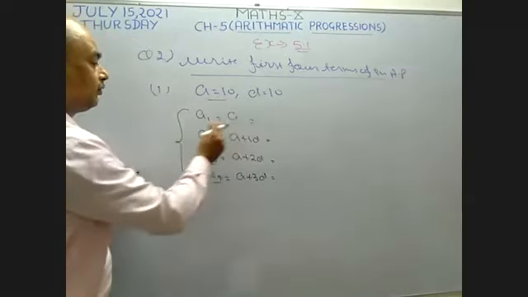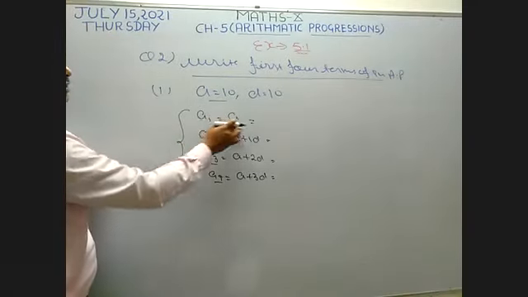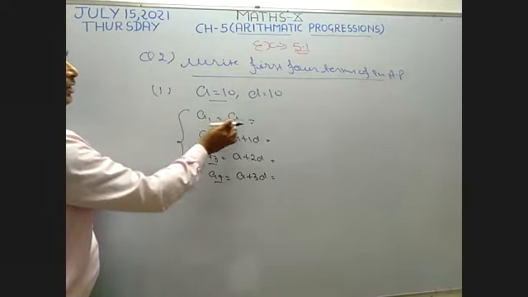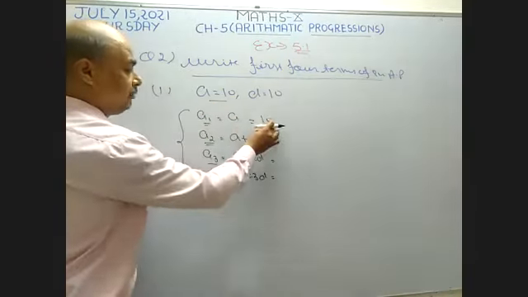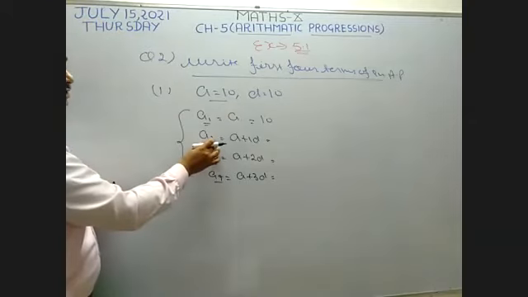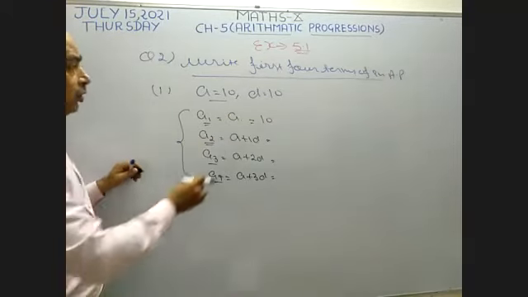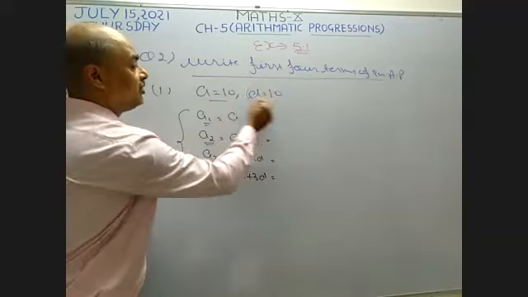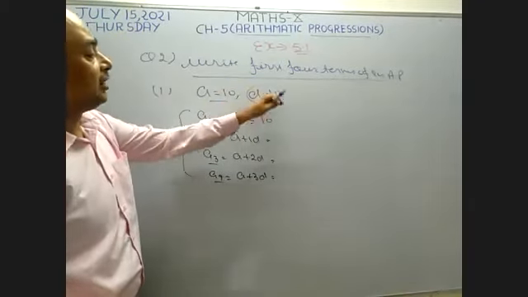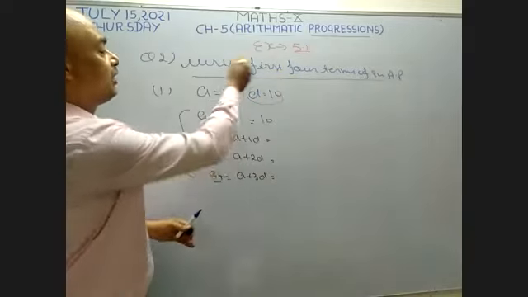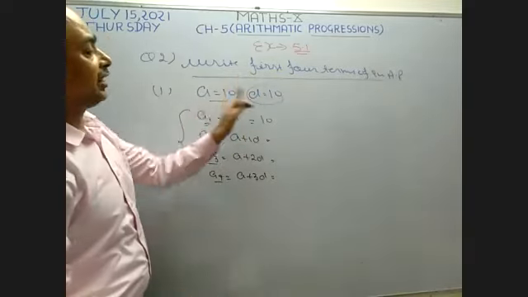Okay. The first term is known as A. It means no difference between A1 and A. A is given, so the first term becomes 10. The first term of the AP becomes 10. After that, I'm going to check the second term. How do we find the second term? We are going to add the common difference to the preceding term. This is the definition of AP. If we add the common difference to the preceding term, then we will get the next value.